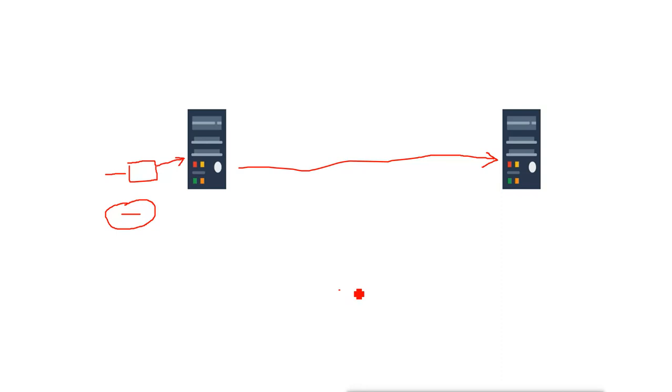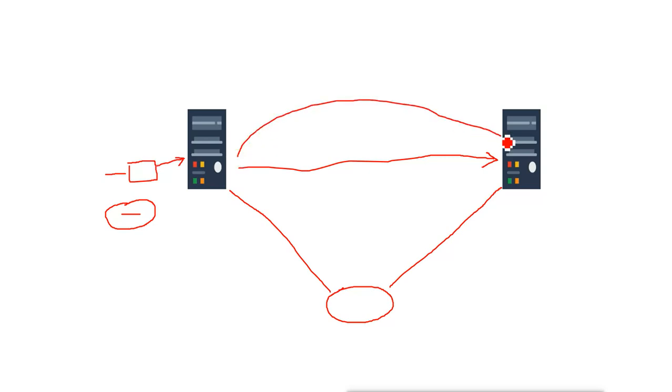Now if we want to move only the virtual machine, not the data, then the data must be on shared storage. If the data is on shared storage, which is equally accessible by both servers, then only can we move this virtual machine only from one server to the other. In that case the data will remain in the shared place, so we don't have to move the data. Only the processing of the virtual machine will move from one Hyper-V server to the other, and the responsibility for running the virtual machine will move, and then we can shut down this server and do maintenance on it.